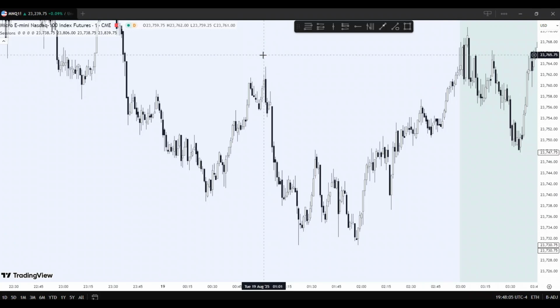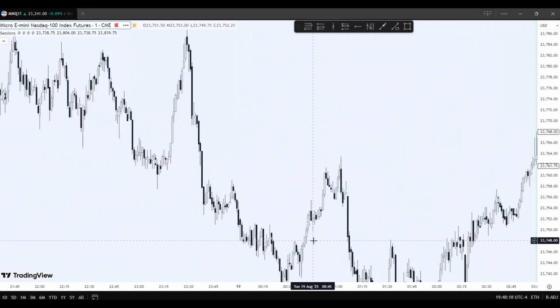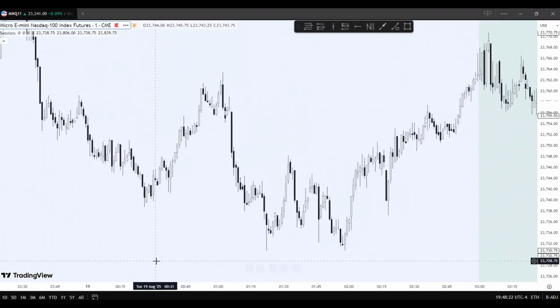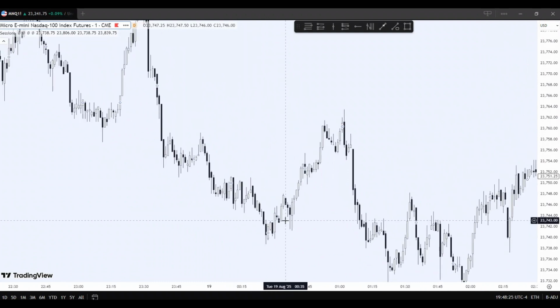If you're trying to trade futures, the NASDAQ, I'm going to teach you guys how I go around it and the things that I look for before taking a trade. Right. So without wasting any time,